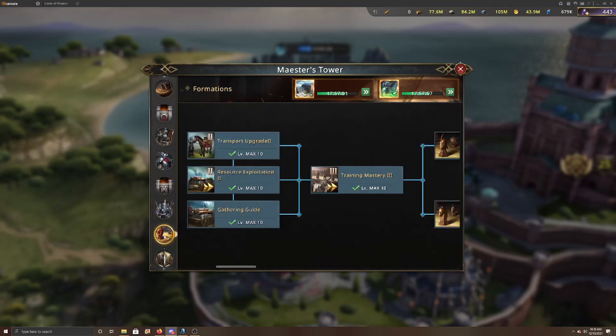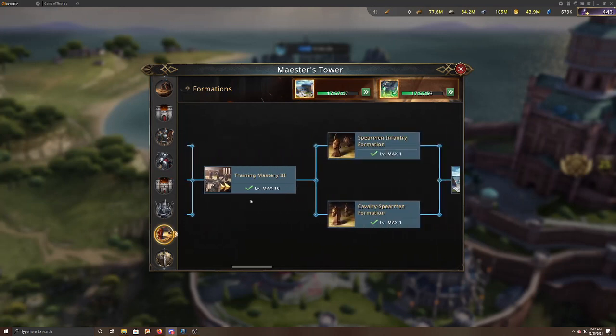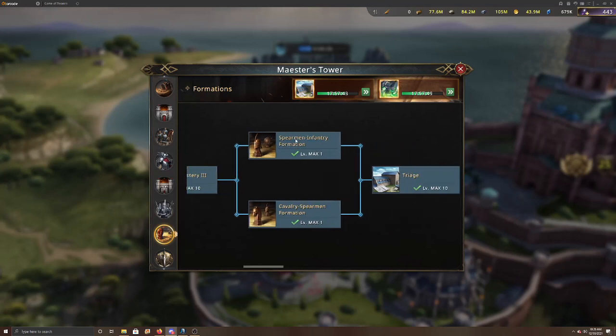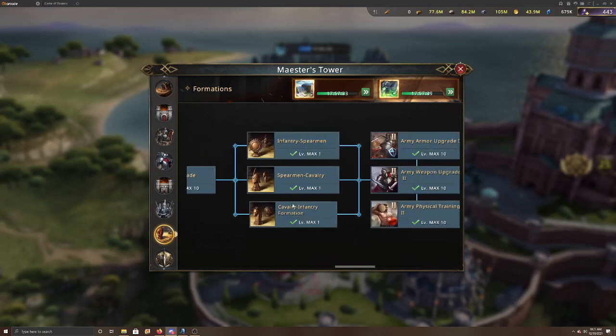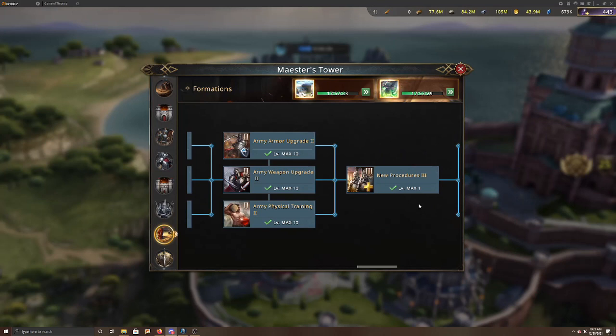Formations will be one you want to look into as well, and the reason for the formations, you don't really care about this beginning stuff. Maybe the training mastery, because 16% actually isn't that much. But here are your formations that you're going to unlock. So if you're looking for that spear infantry, your cav spear, and then you continue on a little bit further. Here they are: infantry spear, spear cav, and your cav infantry. Once you get those, it's really good to come to this point and then stop,